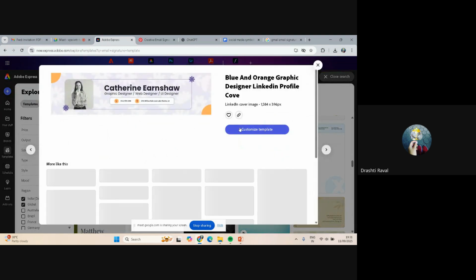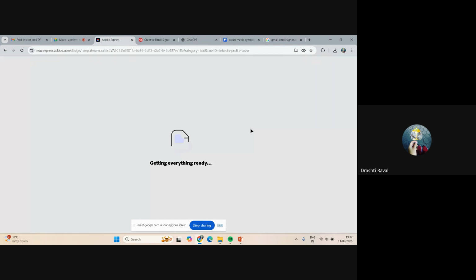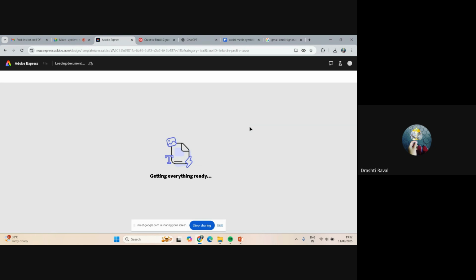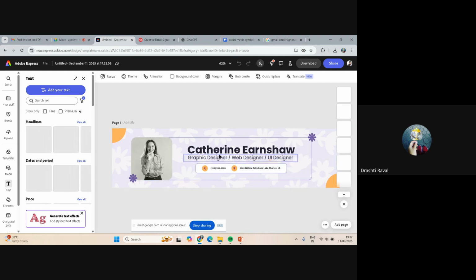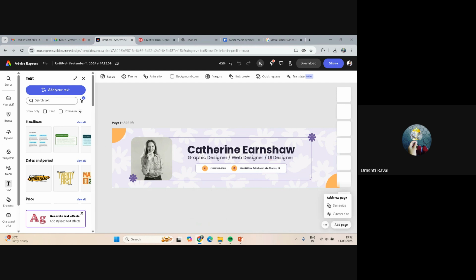So I'm just taking one of the templates to show you. What you can do is take this template and open it in your document, and if you want to take this design as a sample design, or any other design, you can take that also. And you can just delete this whole design and create your own design elements manually. Or what you can do is